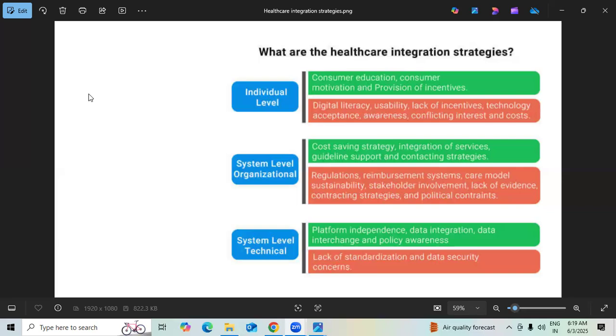In the next paragraph, you can write down under system level organization, need to consider and make sure regulatory standards, policies and procedures, followed by